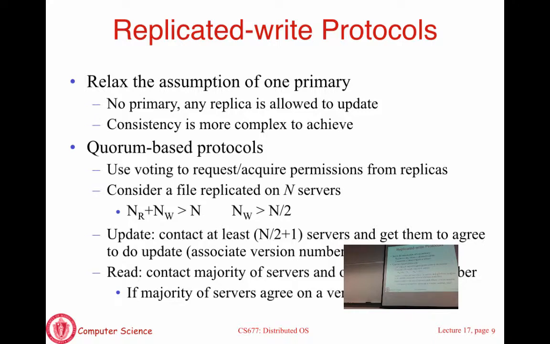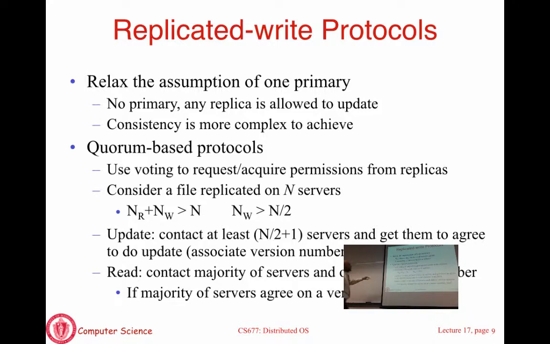So we are essentially going to use a voting based approach to determine what is the latest version of a file. Different machines have different versions of the file. Some have seen some writes, others have not seen some writes. And the question is, if a read request comes in and you want to return the results of the most recent write, how do you go about it? You're going to have to basically use voting to figure out which is the most recent version, and then use that to send back a request.